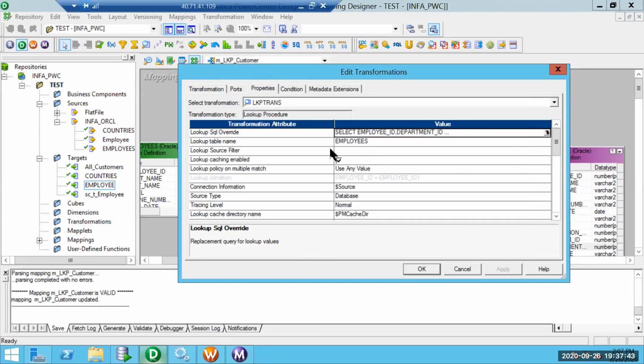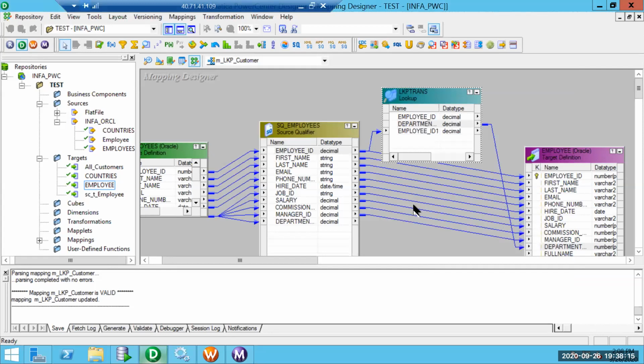So either we can retrieve using a source filter when it is a simple where clause, or when it is complicated, if it involves a join on another table or the kind of cache we want to look up is complicated to simply specify a filter, we can even form a query which can retrieve the corresponding data which can be cached. So that is what we are trying to do. That is using SQL override.